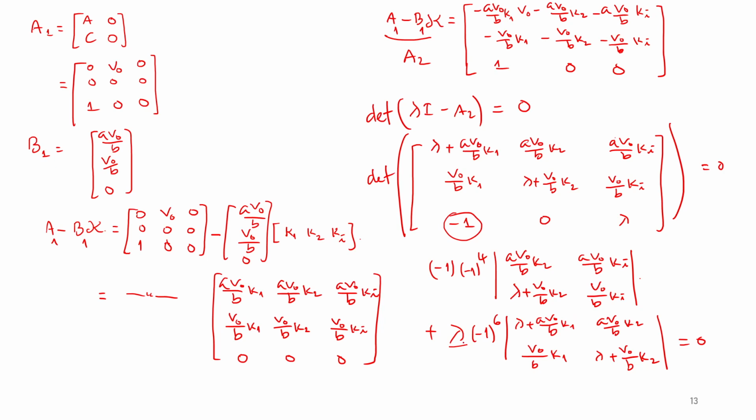So let me, okay, this one becomes just plus. So lambda times lambda here, lambda to the 3, and then plus, what about lambda square? Where can you have lambda square? Yeah, this lambda times this, and this lambda times this. So AV0 over BK1 plus V0 over BK2 times lambda,